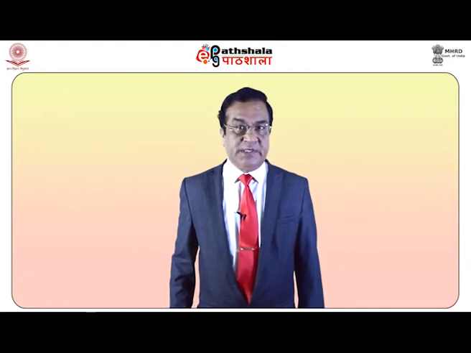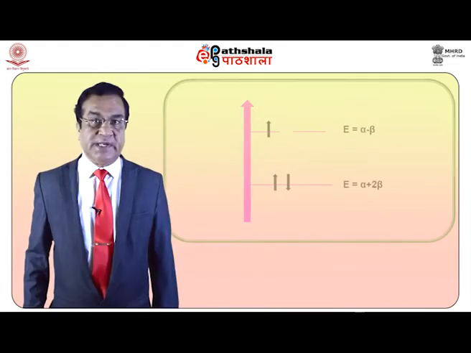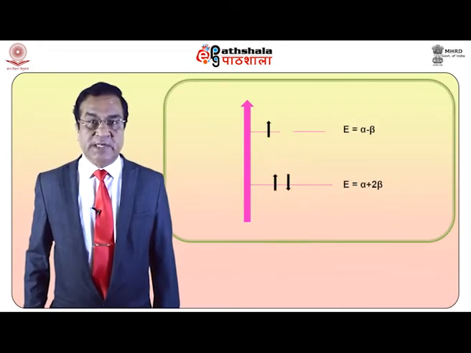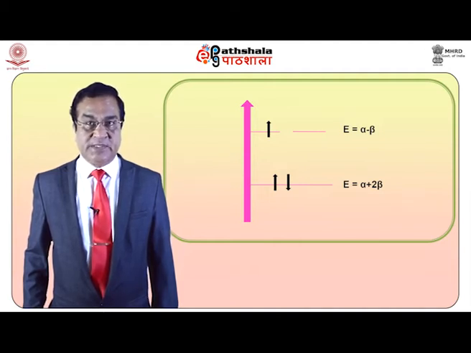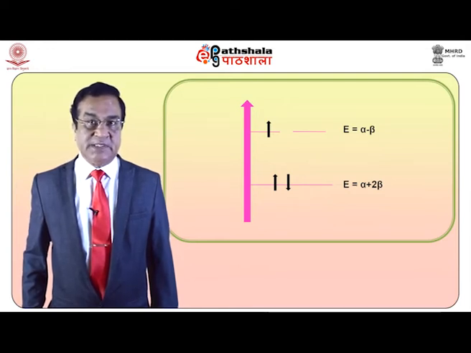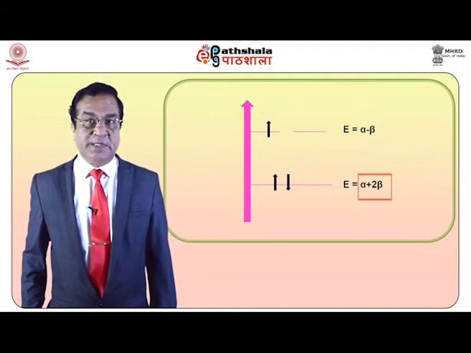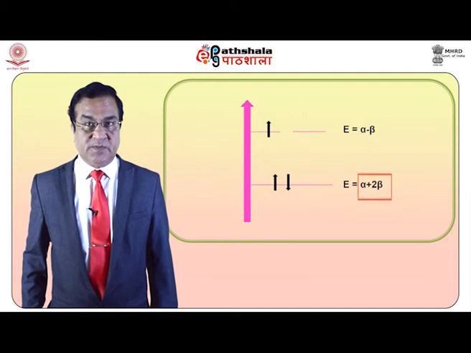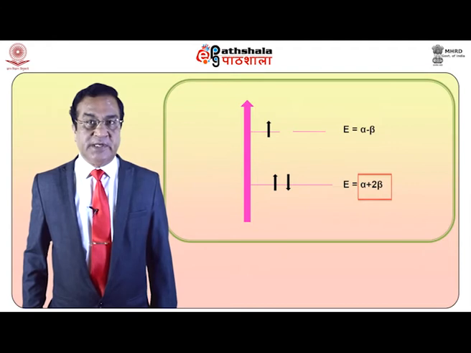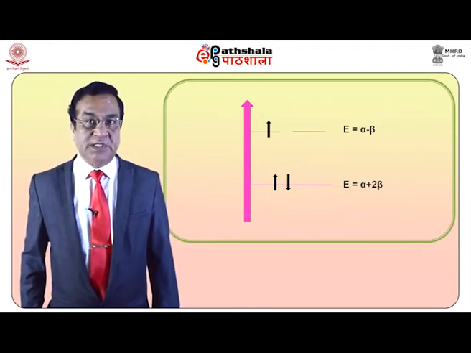After having calculated the energies of these molecular orbitals, we can draw the HMO energy level diagram for the cyclopropenyl radical. As you can see, there are 3 pi electrons, and the lowest molecular orbital has energy alpha plus 2 beta. So this molecular orbital will have 2 electrons, and the remaining third electron will be accommodated in the molecular orbital with energy equal to alpha minus beta.